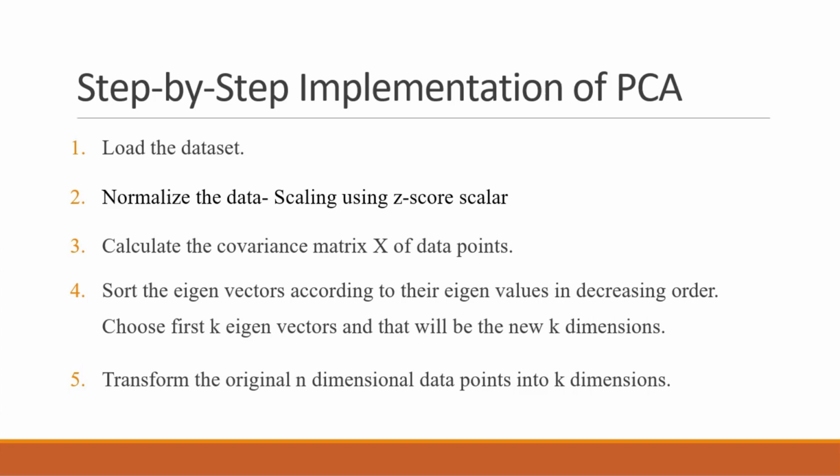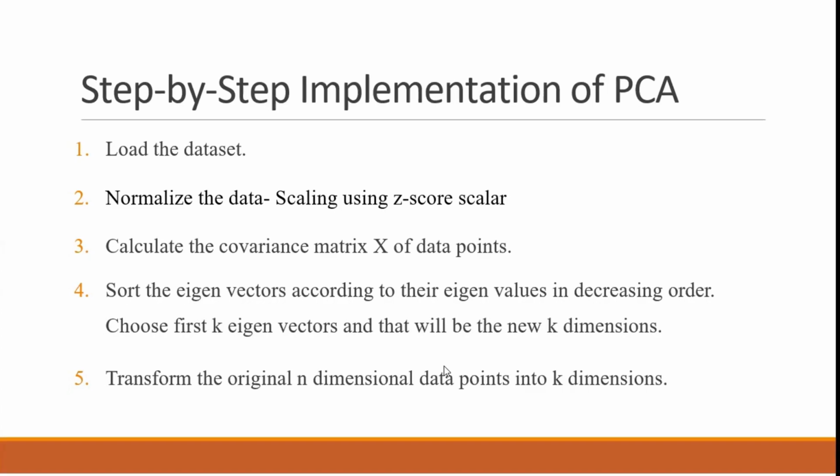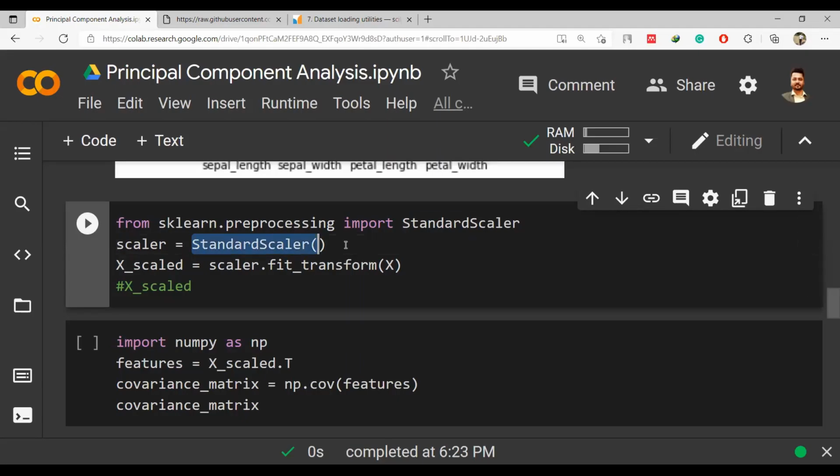And now we have to come to the second point, that we have to normalize the data using this z-score scaler. And for that, you can use this command. The command is this: scaler equal to StandardScaler, and then X_scaled. We have to transform the x part. We have to do scaling only on the x, not the y, because y is classes. Y is 0, 1, 2.